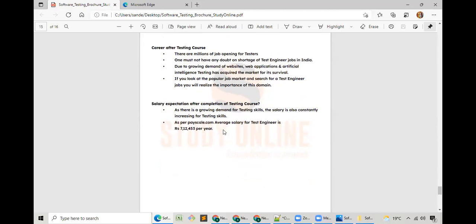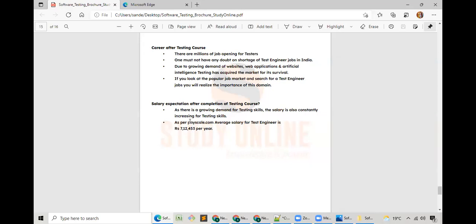But trust me, if you just look at payscale.com, the average salary of a test engineer as a fresher, average salary, guys, as a fresher, it is 7 lakhs. Sir, some of them might be getting 3 lakhs, some 5 lakhs, some might be getting 9 or 10 lakhs, sir. On an average, it is around 6 to 7 lakhs is what I can say. But as an experienced candidate, your salary might go up to 10 lakhs, 15 lakhs, 20 lakhs. It is purely based upon the knowledge you have and how you're going to crack the interview.